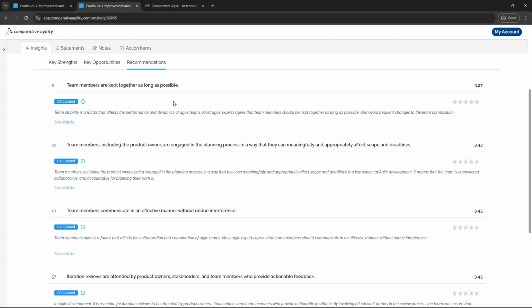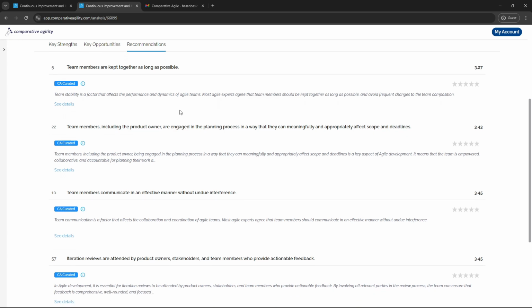CA curated recommendations are generated by AI and curated by Comparative Agility experts. They provide valuable insights based on data analysis and industry best practices. Author recommendations are created and edited by experts and authors within Comparative Agility. They also offer specialized insights tailored to specific assessments. Custom recommendations are the ones that you create, so your own recommendations allowing for a personalized approach to improving agility